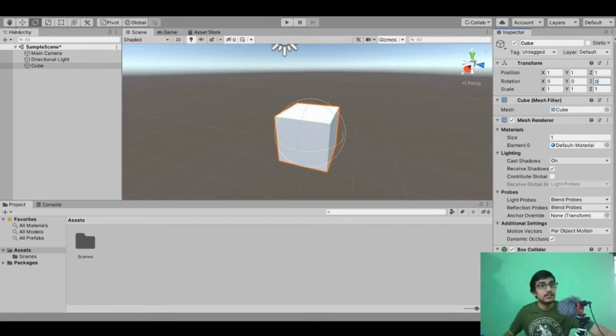So till now we have seen we can use the hand tool to move around the scene, we can use the move tool to move our game objects around the axis or a plane, and we use the rotate tool to rotate our game objects in x, y or z axis. Got the gray color, thanks. Okay, and we use this scale tool to increase or decrease the size of our cube.